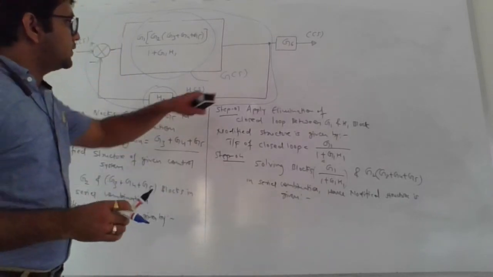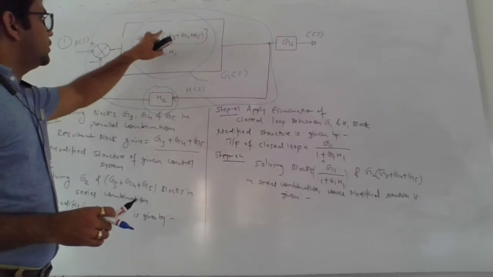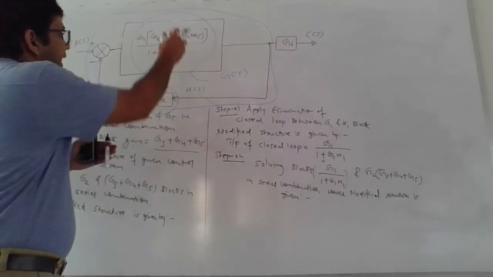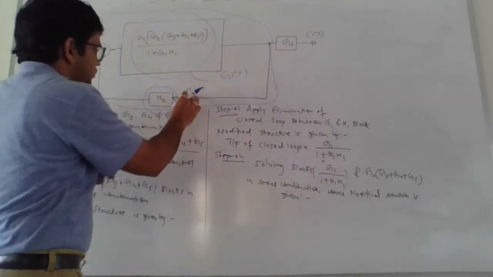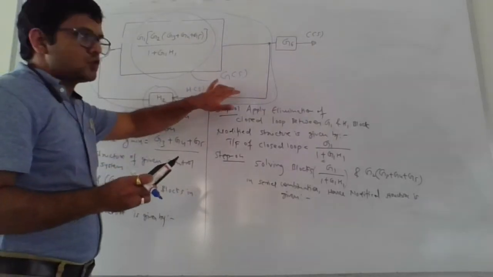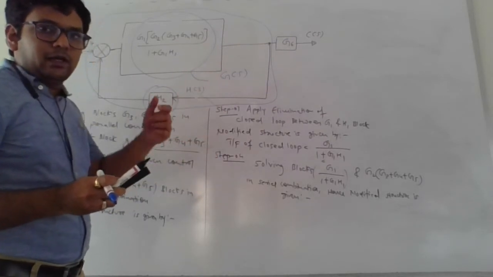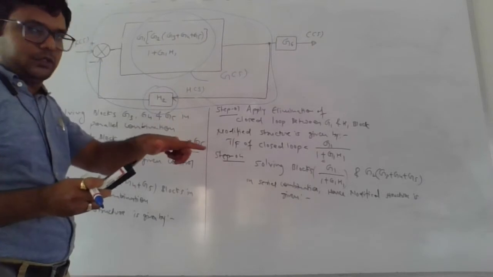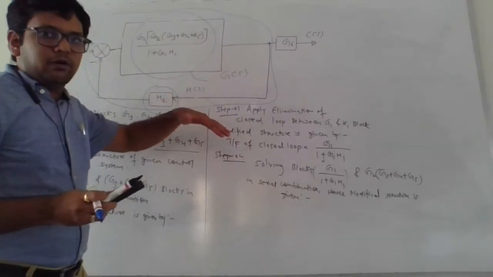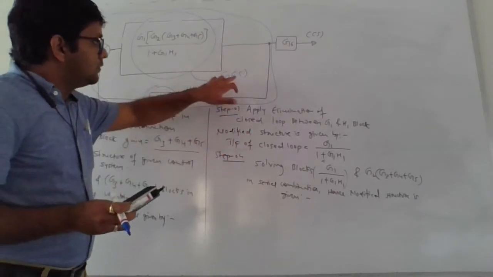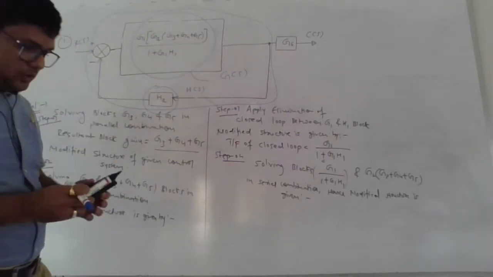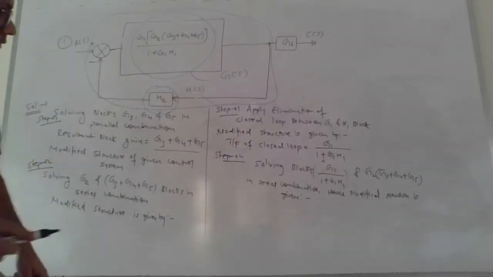So here this G of S is nothing but your G1 into G2 in bracket G3 plus G4 plus G5 whole divided by 1 plus G1 into H1. So this entire term indicates your forward path gain. H of S is nothing but your H2, and the nature of feedback signal is negative. So if you want to replace this closed loop by a single block, in that block we need to write gain as G of S upon 1 plus G of S into H of S. Why plus? Because the nature of feedback signal is negative. So it is nothing but G of S whole divided by 1 plus G of S into H of S, where the value of G of S is this entire term and the value of H of S is nothing but your H2. So this will be your step number 5.